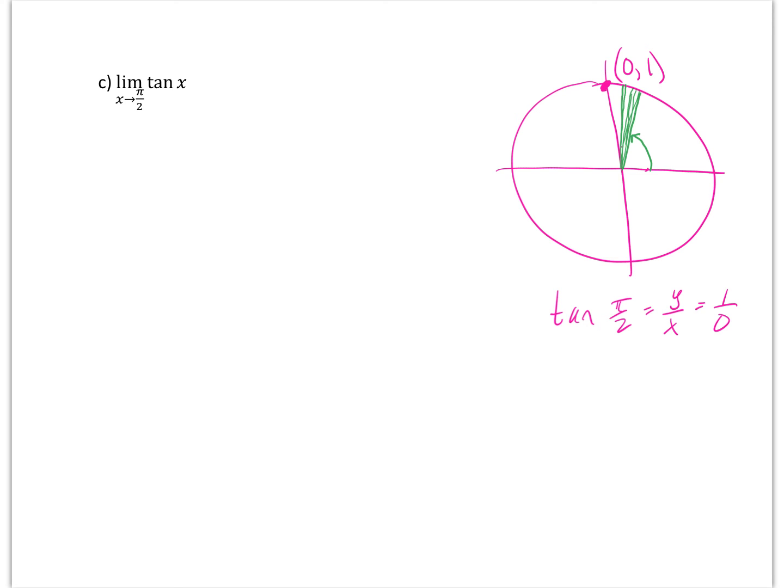So I'm going to say that the numerator is approaching 1, the denominator is approaching 0 through positive values, because the x values of these coordinates are all positive values that are getting closer and closer to 0. So 1 divided by a teeny, tiny number is a really, really big number. So this would be infinite. However, that's only approaching pi over 2